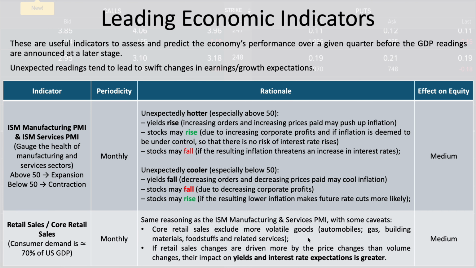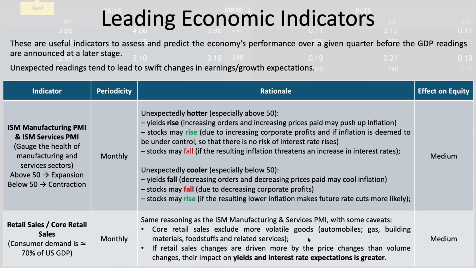Now, the first one I want to talk about is the ISM for manufacturing and for services. The ISM manufacturing PMI and the ISM services PMI. It's basically a gauge of the health of the manufacturing and service sectors. The readings are within a range. Above 50 is an expansion. Below 50 means a contraction of these sectors. So if it comes in unexpectedly hotter, especially above 50, that means it's expanding by a margin which